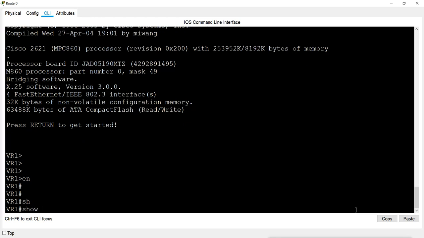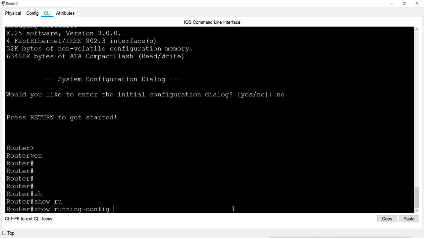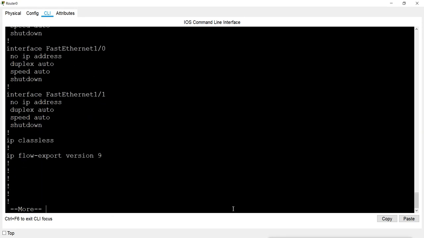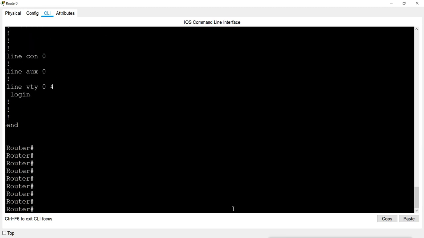So we will check show running-config. All the configurations are now removed. Now I will do the fresh configuration.